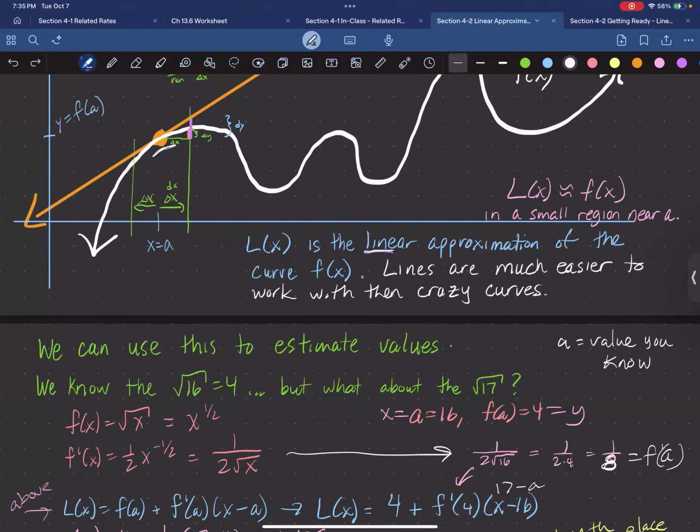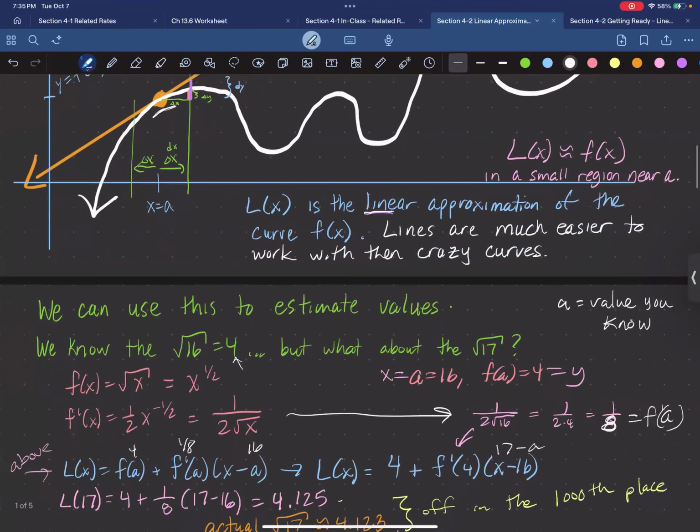And f of a just comes from plugging in 16. And we get that's our f of a right there. F of a equals 4. So we've got everything we need. This is a 4. This is the 1/8. And a was 16. We have our linear approximation is 4 plus, when we stick in the 1/8,